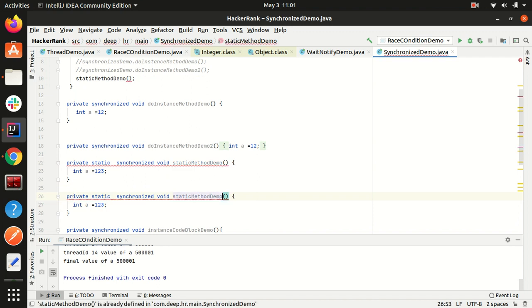Let's say you have these two static methods getting synchronized. Now you know that the synchronization is occurring on the same class object, so two threads won't be able to execute these two methods concurrently, although there is no issue of two threads executing these two methods concurrently. So this will lead to a degrade in the performance of your code.